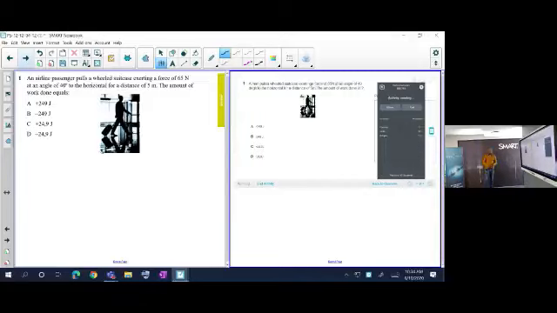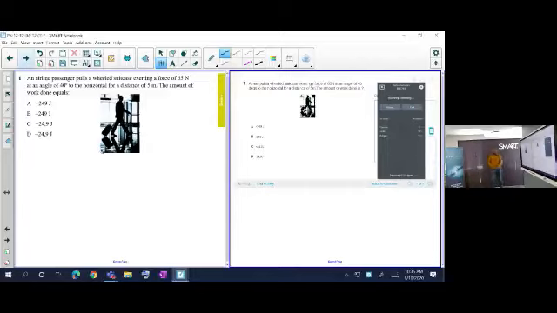An airline passenger pulls a wheeled suitcase exerting a force of 65 newtons at an angle of 40 degrees to the horizontal for a distance of 5 meters. The amount of work done equals, we have answers here, it's a multiple choice. We have A, which is positive 249 joules, B, which is negative 249 joules, C, positive 24.9 joules,